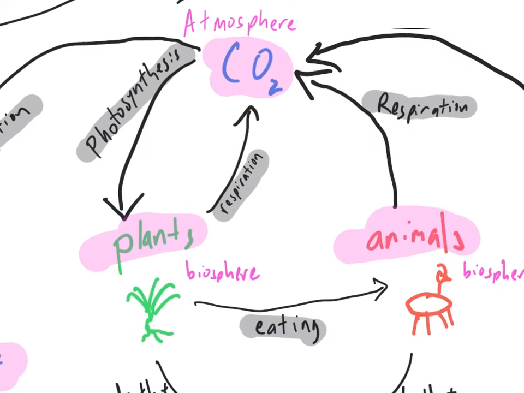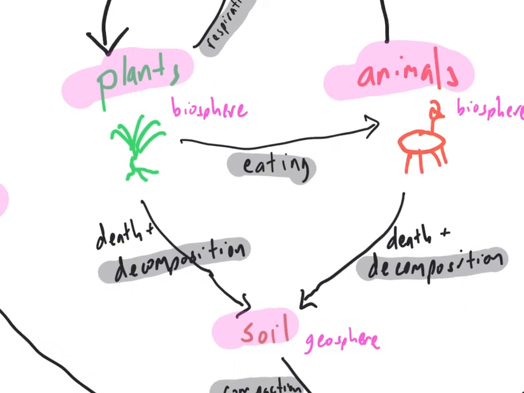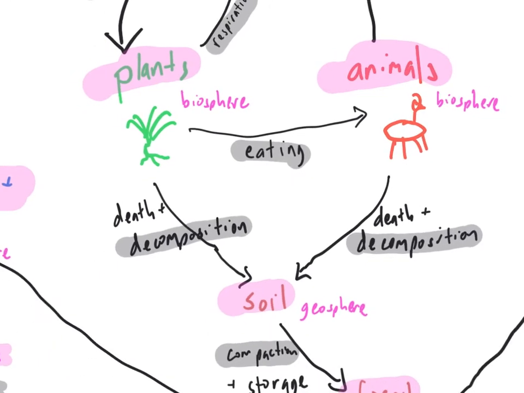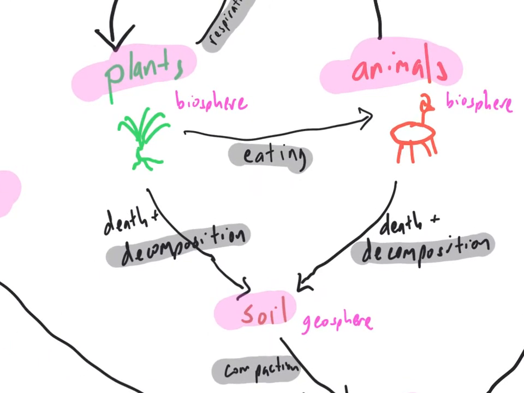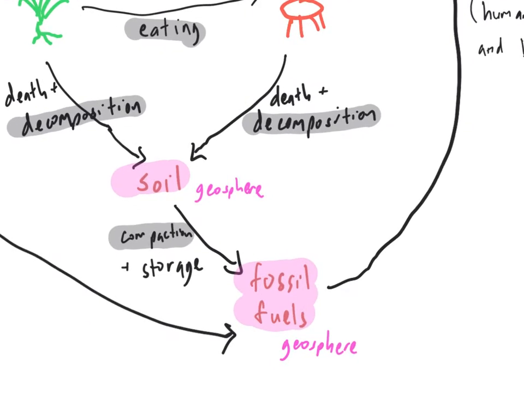Then the plants and the animals eventually will die. And when they die, those plants and animals will decompose. So we'll see some death and decomposition from the animals and from the plants. And when they die and decompose, they'll go into the soil. That's part of the geosphere, which means it's part of the earth. So the soil is a carbon reservoir in the ground, and it gets there from death and decomposition from living things. The soil can then be compacted and turned into a longer-term storage, and that longer-term storage is